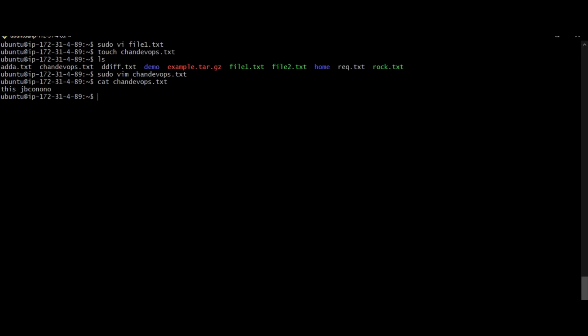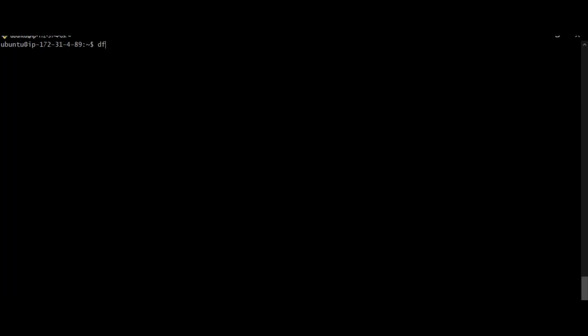And the next command is the df command. Guys, this df command is a fundamental command on Linux. Using this df, developers or any users on our Linux machine can display the size, available space and used space on the file system of the device.